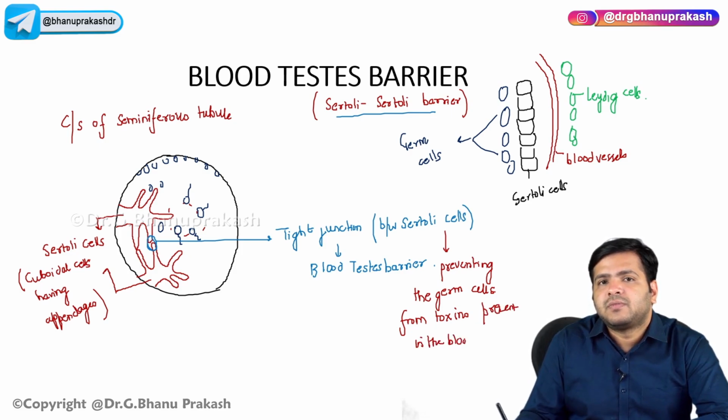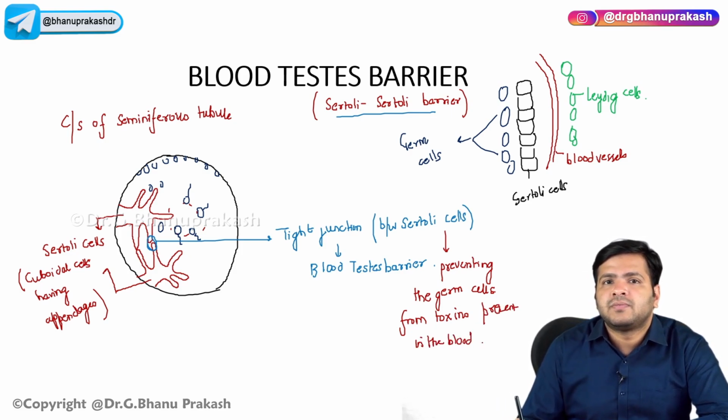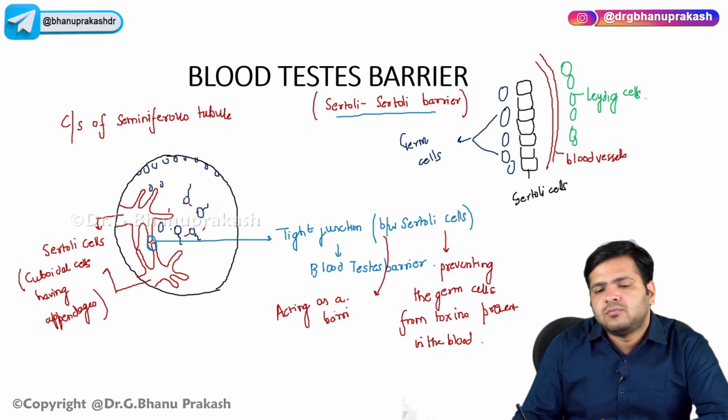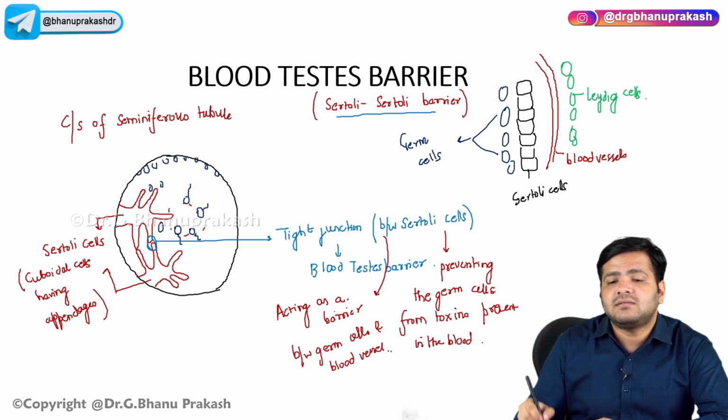So it is acting as a barrier between the germ cell and the blood vessel, right? It is acting as a barrier between germ cell and blood vessel. And one more thing that you have to remember, the cells